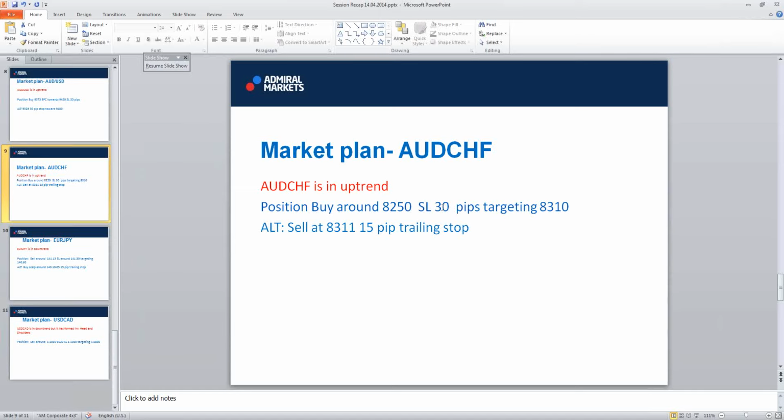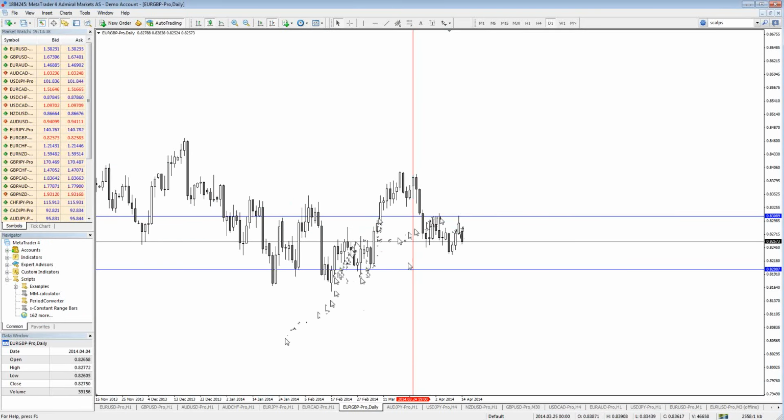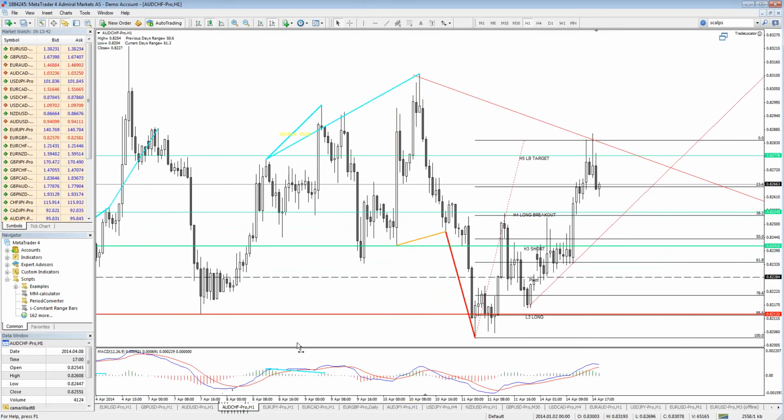82.50 buys, stop loss 30 pips, targeting 83.30, 83.10. I would of course use a trailing stop after some 15-20 pips of profit. Then sell at 83.11, 15 pips trailing stop. If we don't get this trade, we may see first a short setup. So I would really look to sell around this region,